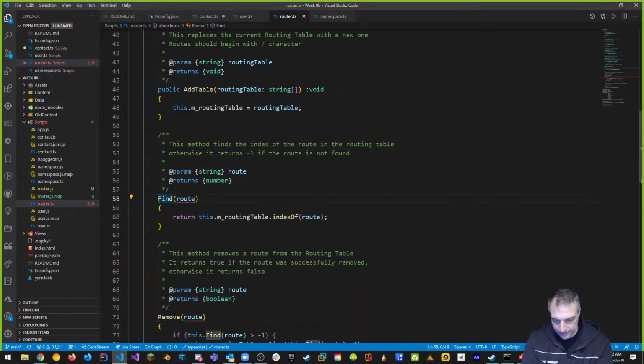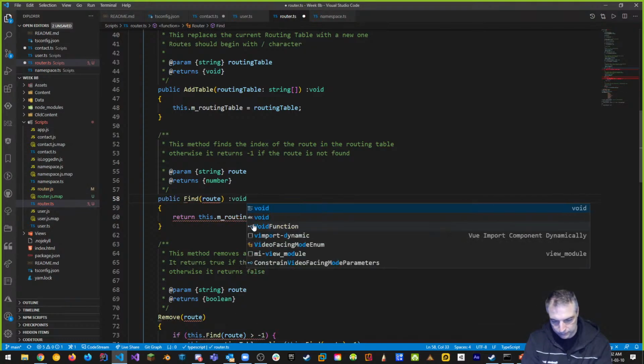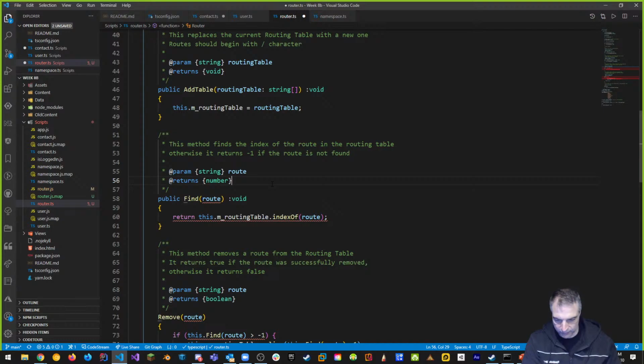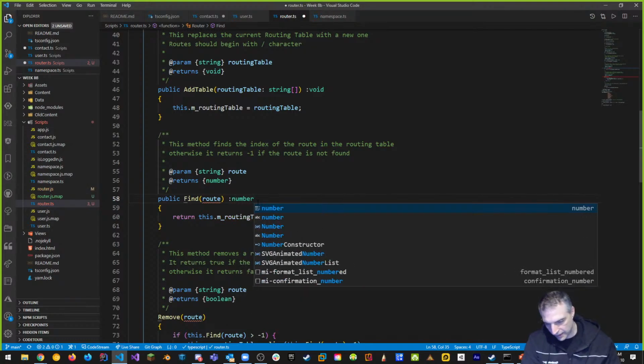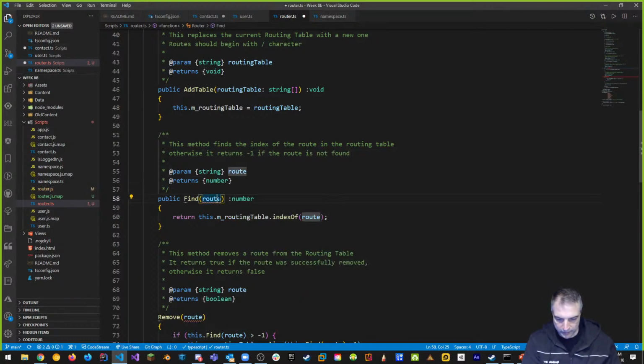Next, public find. It returns void. Actually, sorry, it doesn't return void. It returns a number. Okay, it returns the number. The route that we take in is a string. So there we go. And it returns a number.